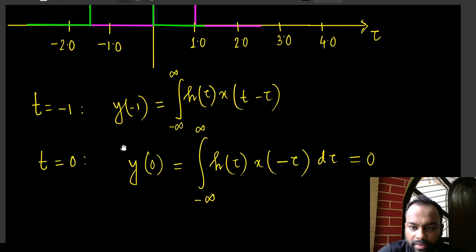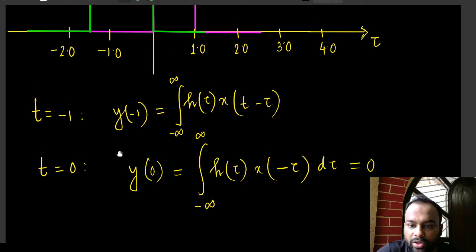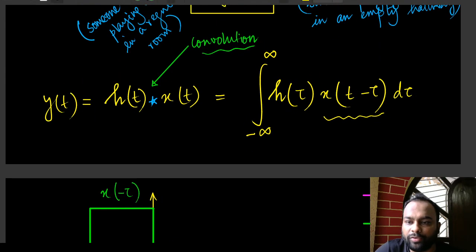Some of you are saying you do not understand, right? So how do I calculate the convolution? I calculate the convolution by evaluating this integral. Now look carefully at the integration. What is the variable for integration? The variable for integration is tau, not t. But what is the variable for the output? That's t. So basically, we are calculating the output of the system at different points here.